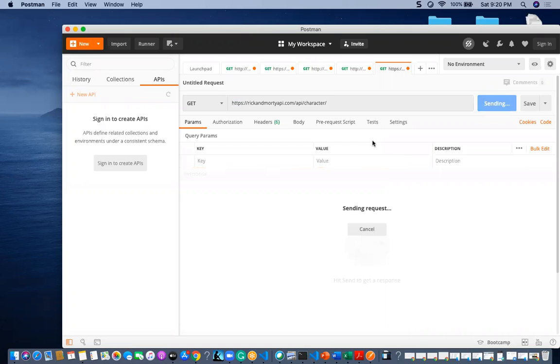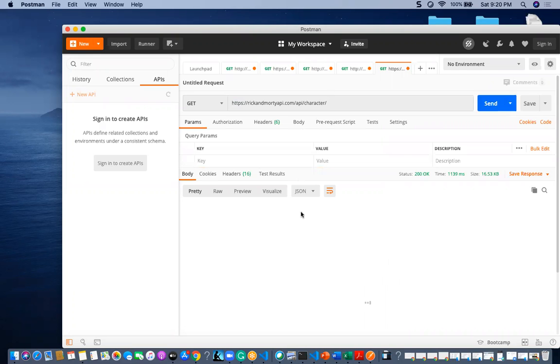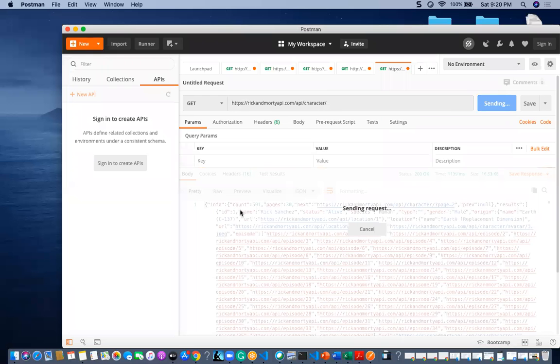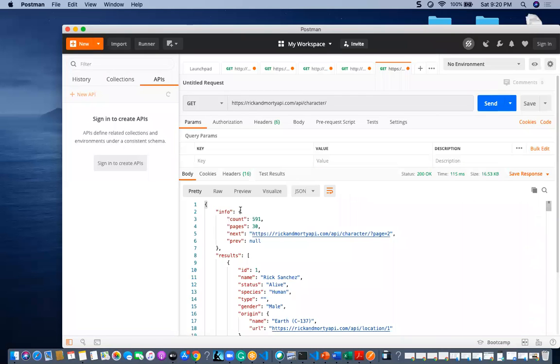Okay, so if I copy and paste, yeah, this is the API result. This is a JSON which has the details, like ID, name, status, species, type, and origin.